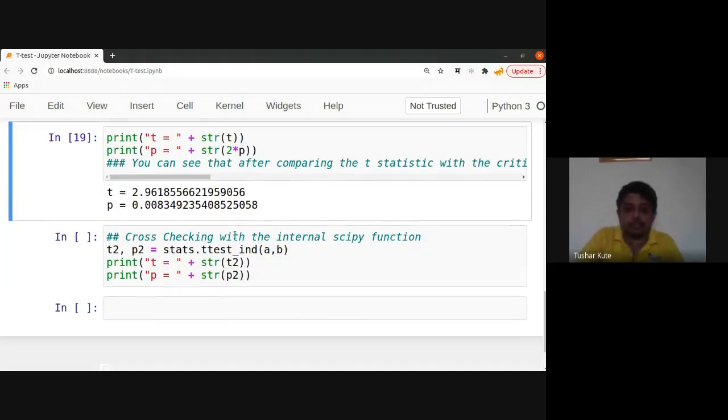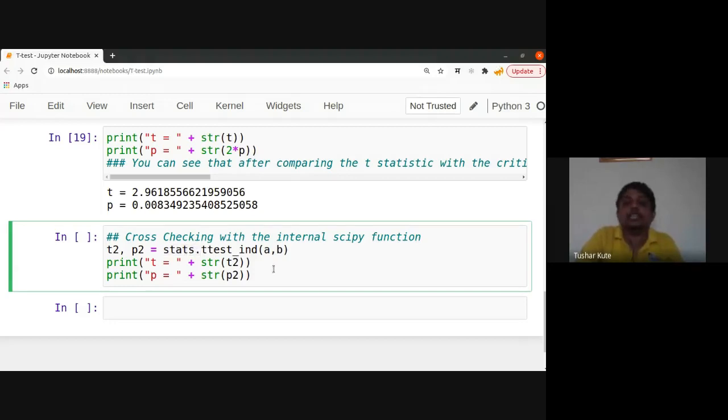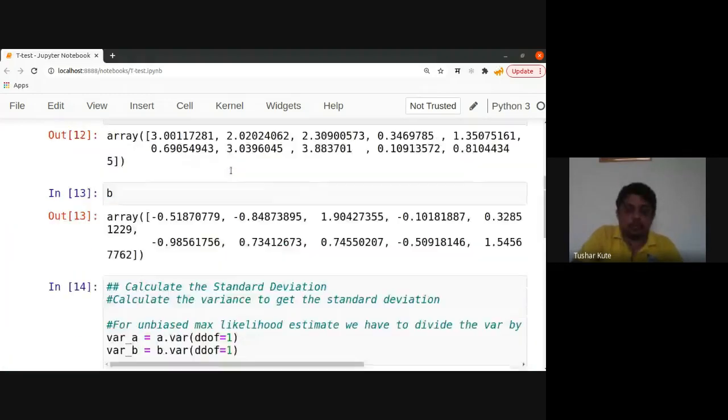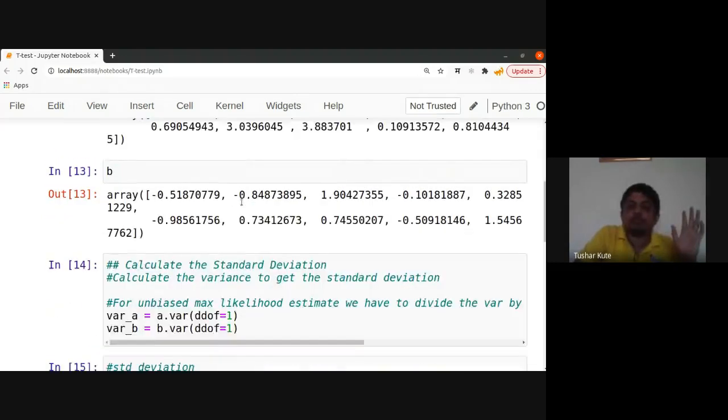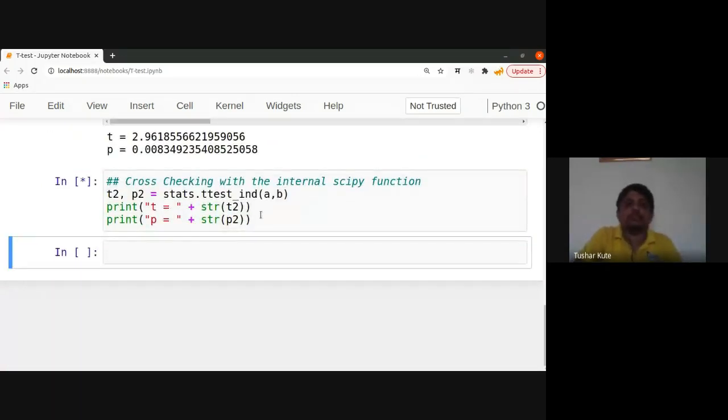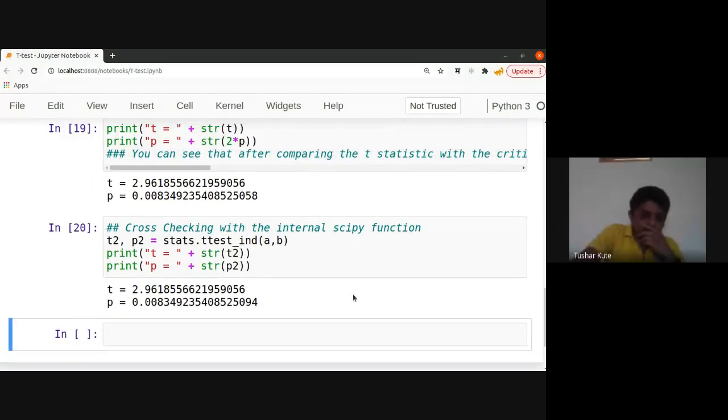There's a function in the stats package of SciPy. It's called ttest_ind(a, b). So a is the first population, b is the second population that we have added. This function returns the value of t, and it returns the value of p also. The first value, t, I am storing in t2, and the second value in p2. It means whatever steps I have done above are not required. I'll directly use the inbuilt function here, and let's see. Check it out. The values are the same. The values generated are exactly the same.